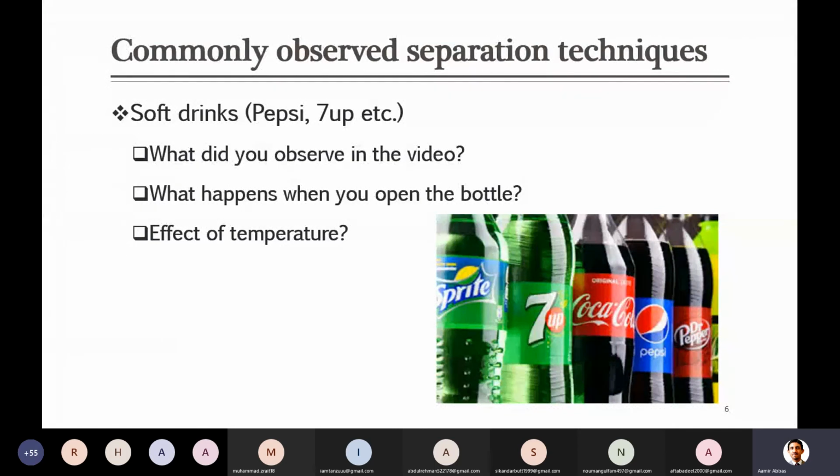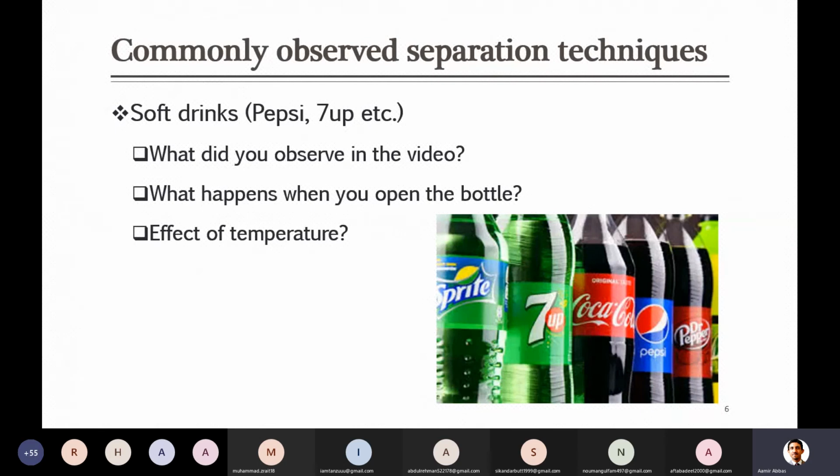The important thing here is the first point: when you open the bottle, we are decreasing the pressure, and when we decrease the pressure, the gas which was available inside that liquid at high pressure comes out. So that is one effect of pressure on absorption. By the way, I use the word absorption: here the gas is absorbed inside the liquid, and when you decrease the pressure, that gas comes out. It means in absorption, when we decrease the pressure, the gas which is absorbed will be released.